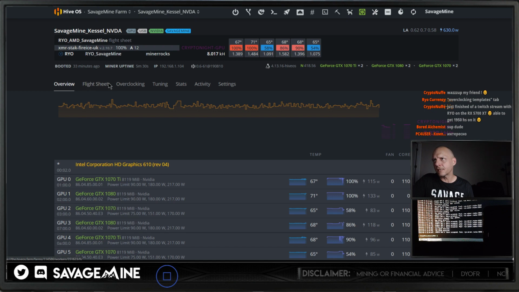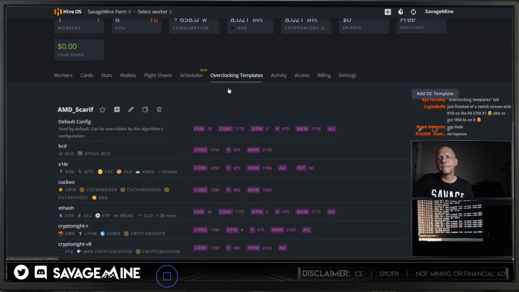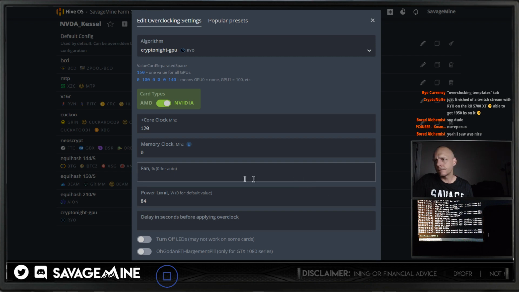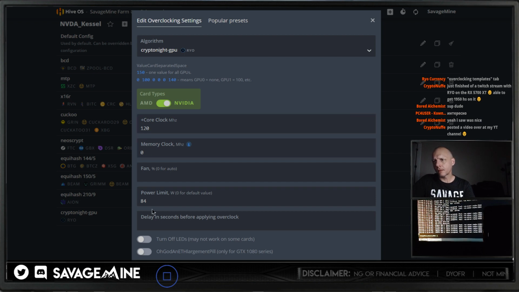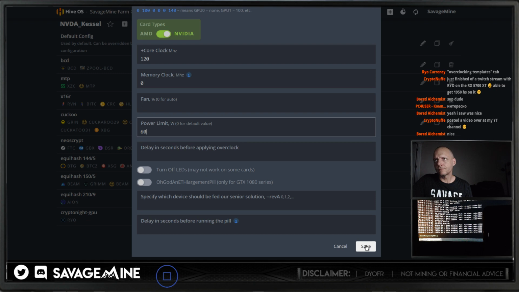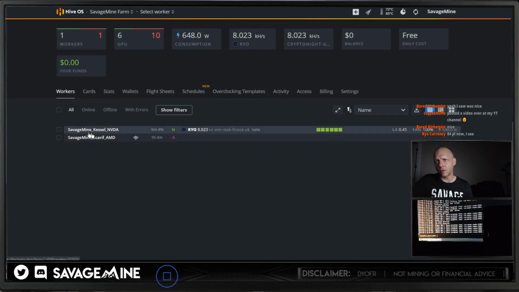You want me to go to the overclocking templates tab. Is that right? 84? I mean, this is not what is getting over to the actual GPUs, because I'm modifying it in the worker setting here, I guess, right? So